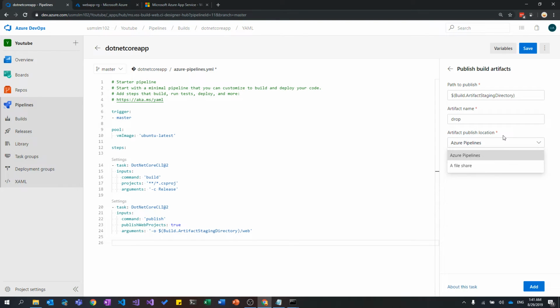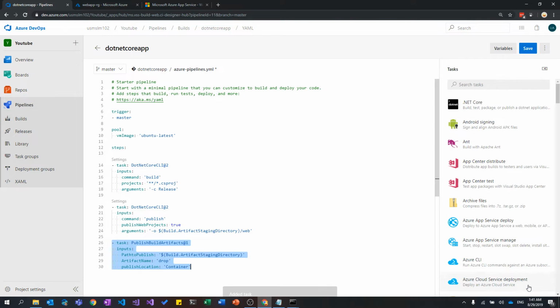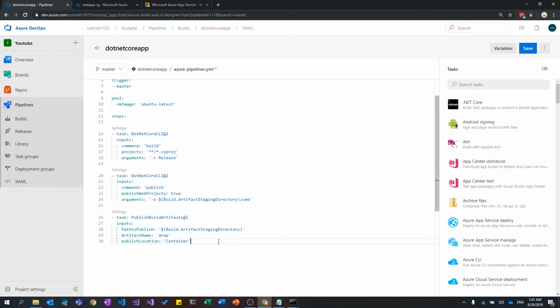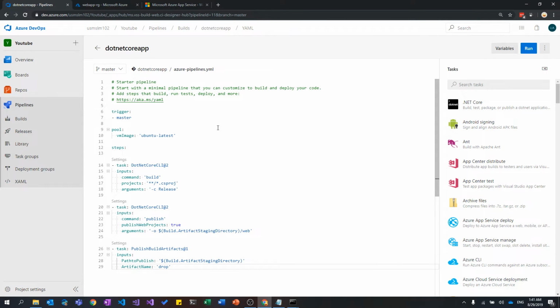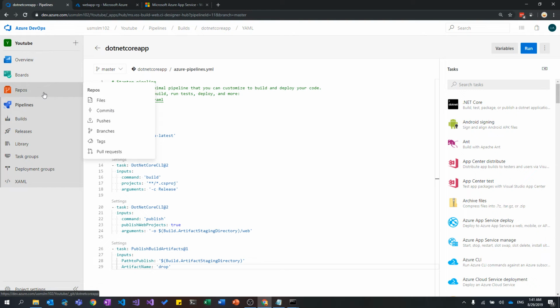options for us for where we want to publish this package. Either we can publish it to a file share, but in our case we are just going to publish it to Azure pipeline. Just click it and click on add, and this publish location container, we can just remove it. We don't want it. We will just select the default area which Azure DevOps is giving us, and we can click on the save button, and this will commit this particular build pipeline directly in the master branch, and we will save it. As soon as we save, this file will be checked into our Git repository, and as we